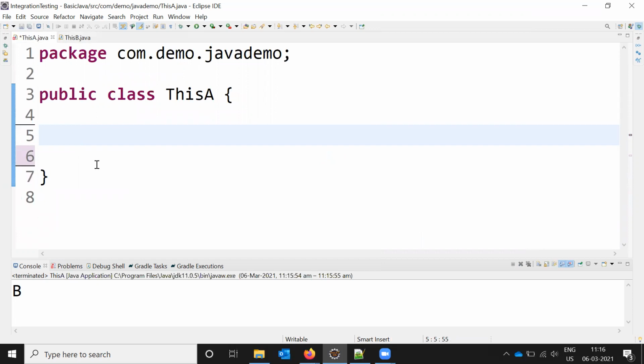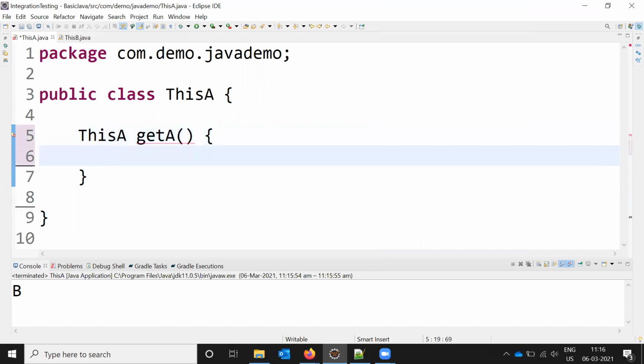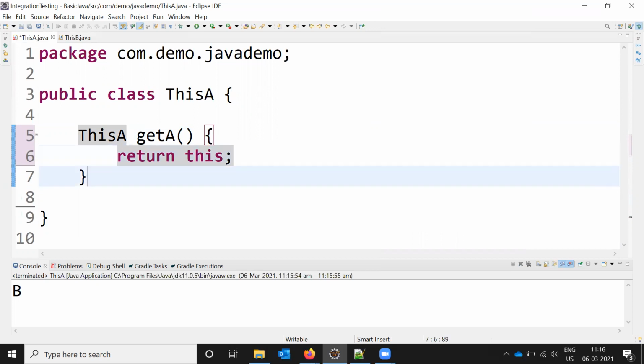And this a get a, and here I'm going to return this keyword. Just I return this keyword in the constructor level.